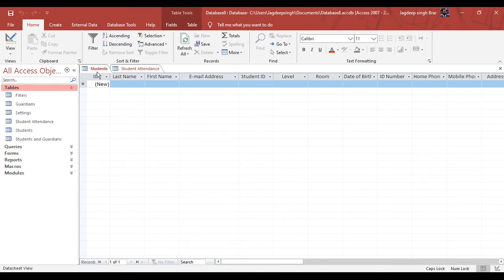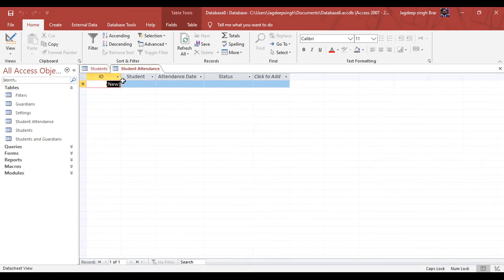For example, here we have one table, student, containing the student's name and basic details. The second table is student attendance, with date and status. Similarly, you can create other tables for your database.